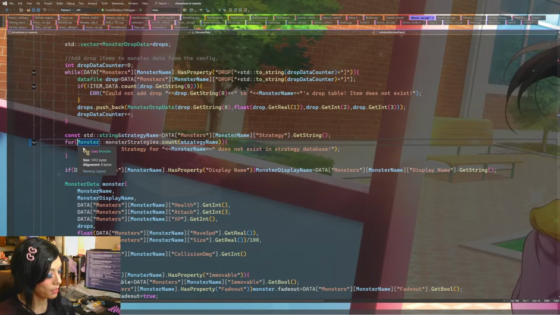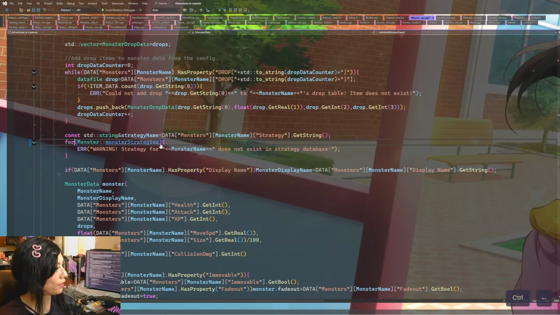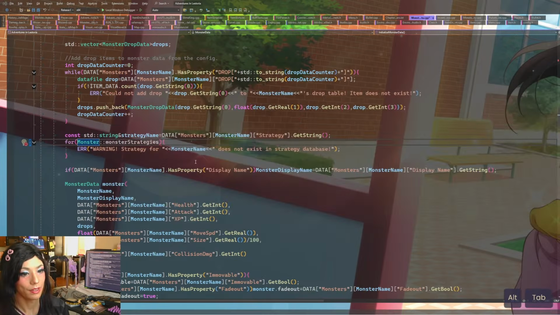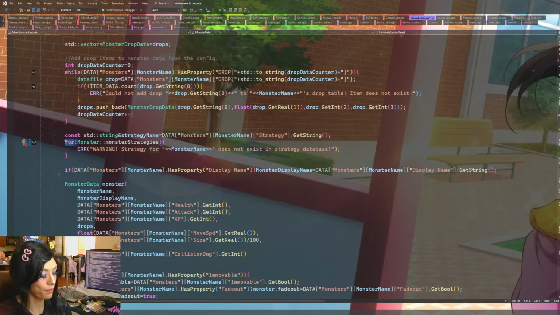So basically we're gonna do for monster strategies. We're basically doing a filter view and seeing if... because it says checks if, so I think we just do if, right?